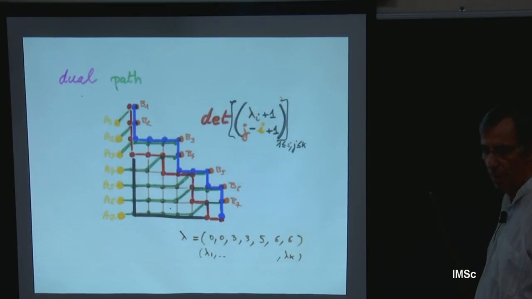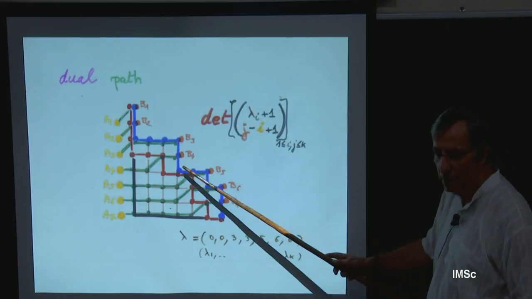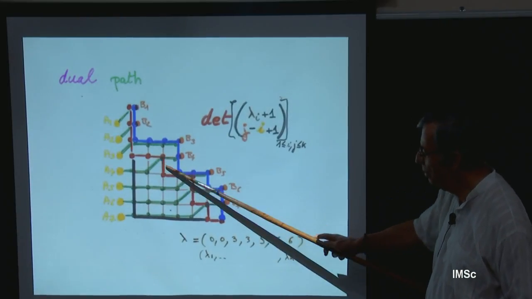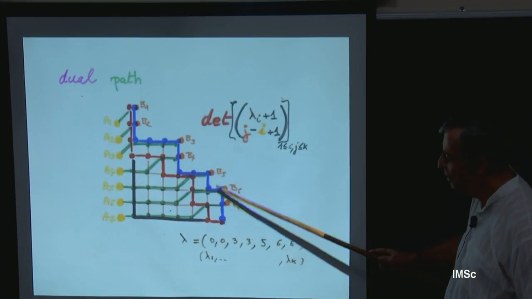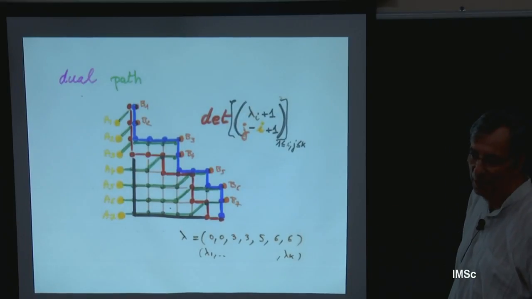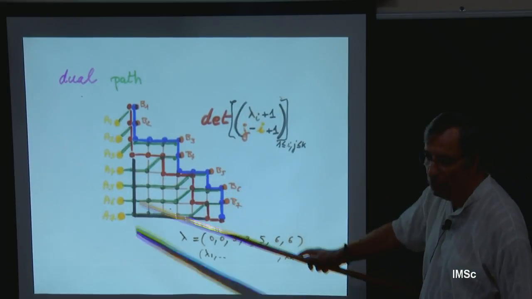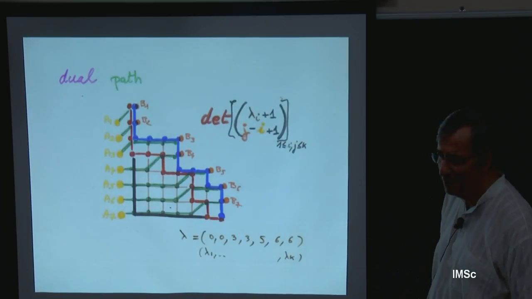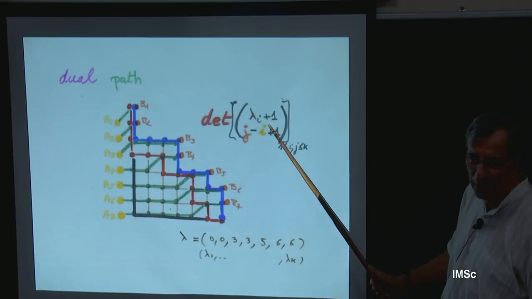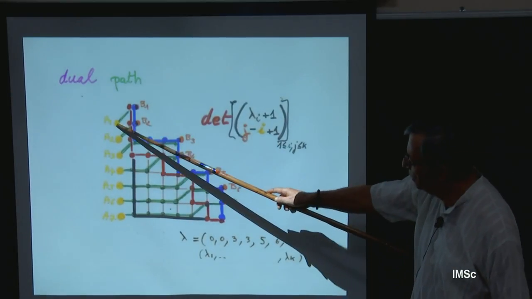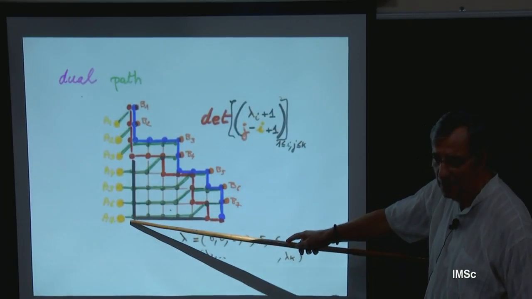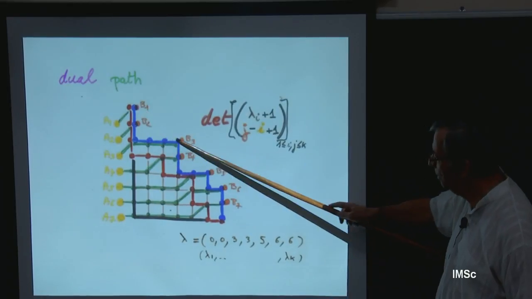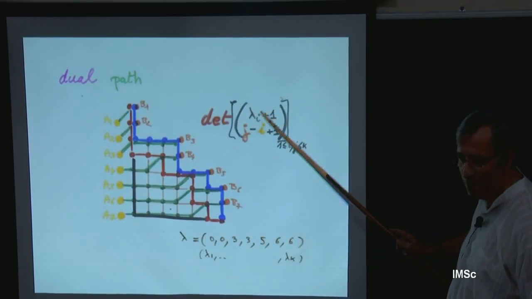And I claim, by taking the dual path, the red configuration of paths, the green paths are the dual path, and here is the dual configuration. The green path is the dual path of the red path. I claim that this determinant, if you fix the starting point to be this point here, and the ending point to be this point on the path, I claim that